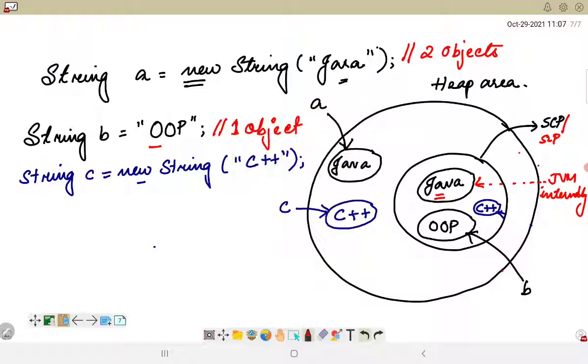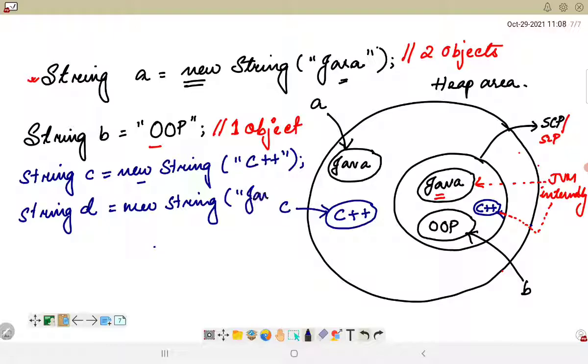So this will not be referenced by anything else, but it will be referenced by the JVM. This is the same scenario as what we had here. Now what if I have another statement, let's say String D, equal to new String, and then again I have Java.